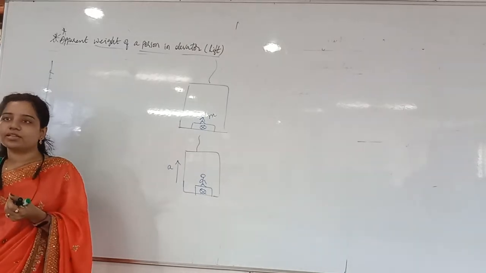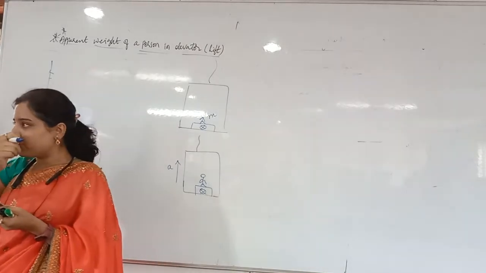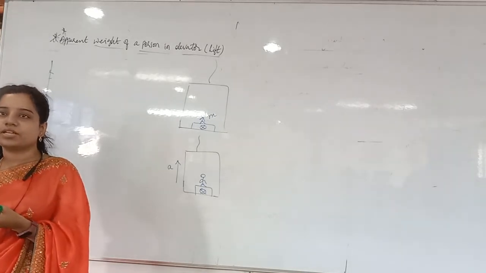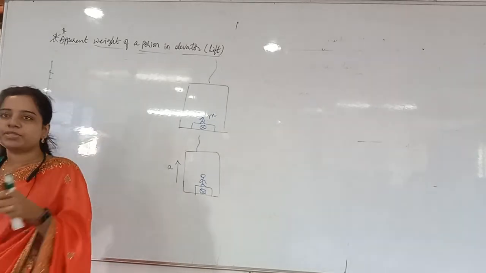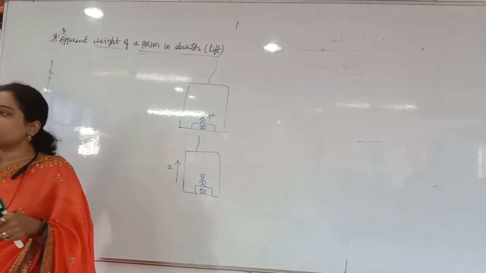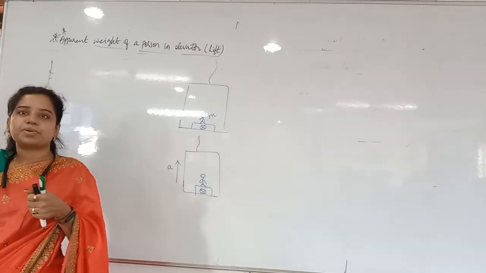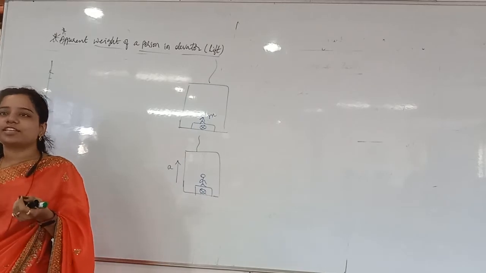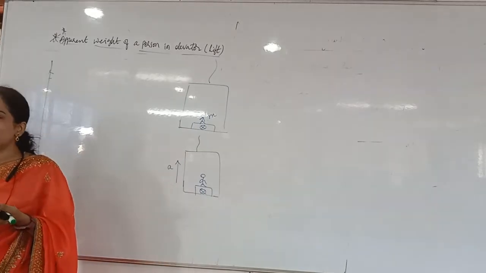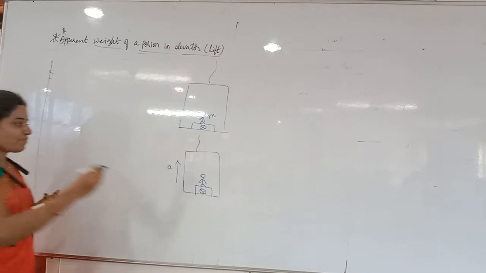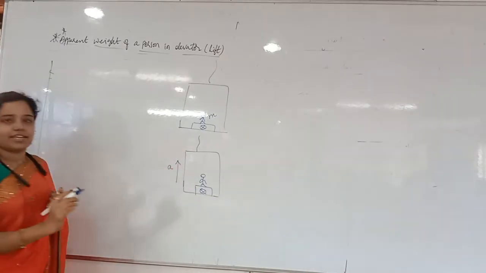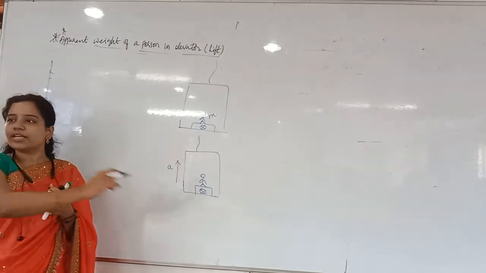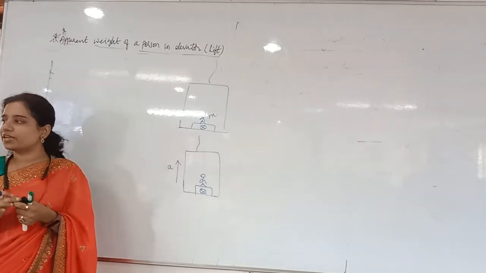But I will tell practically. The same giant wheel is the best example. Whenever it is going in upward direction, you will be stuck onto the seat. Whenever it is coming in downward direction, you will be lifted upward. Whoever got into giant wheels can understand that. So here A will be in upward direction. Whenever A is in upward direction, is it more weight or less weight? More weight will be there.